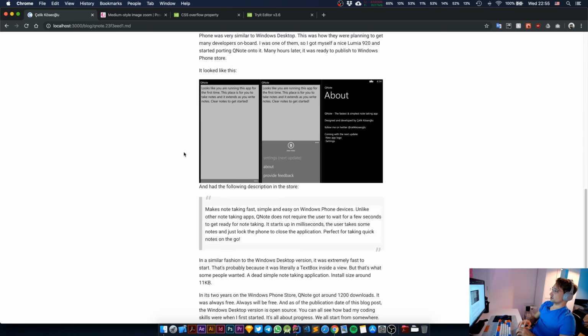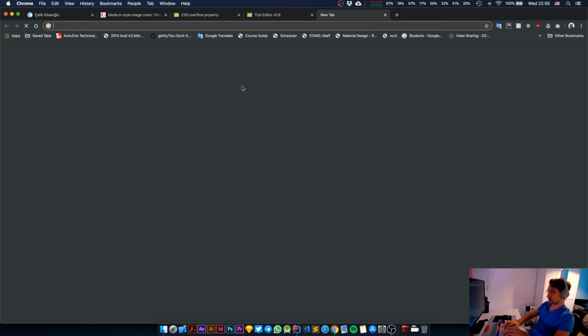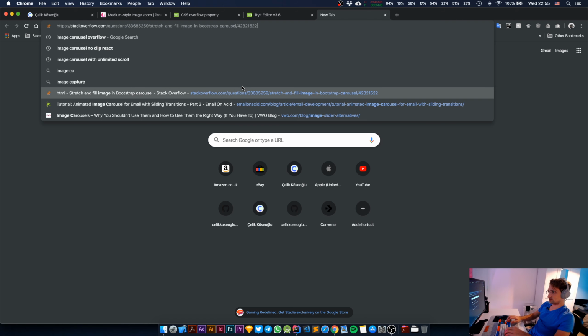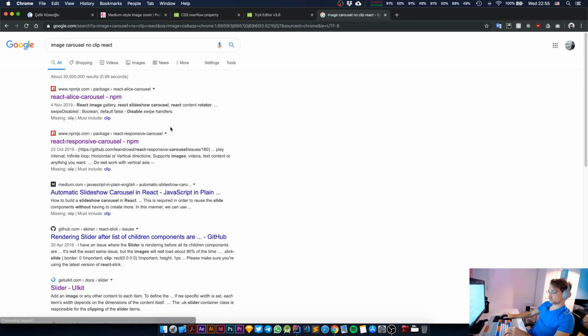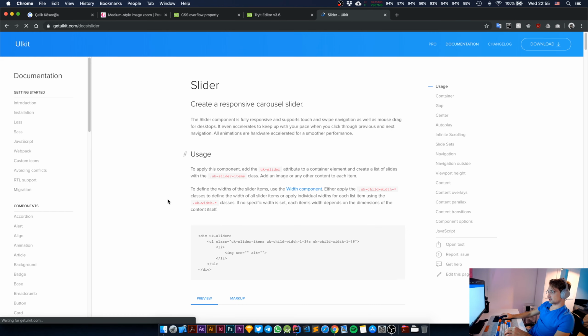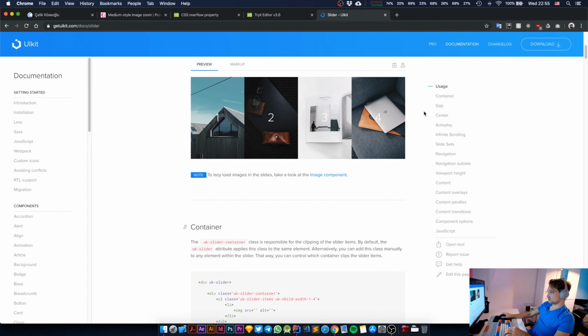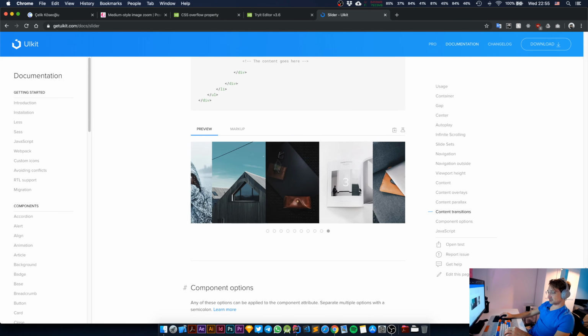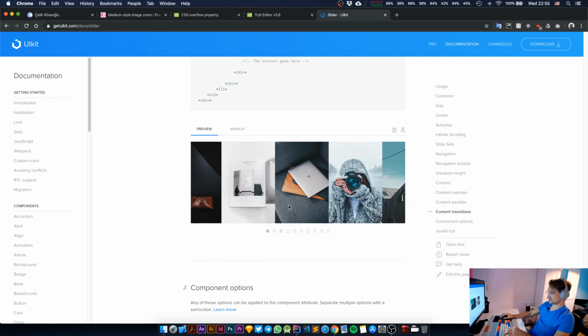Okay, anyway, so I've been looking online for image carousels, but I haven't been able to find something that doesn't lag. Almost all of the image carousels that I've found, I've taken a look at. My favorite one was this one, slider. But if you take a look at this one, let's scroll down, there was a better example. When you do this, I can clearly see this is not 60 FPS on